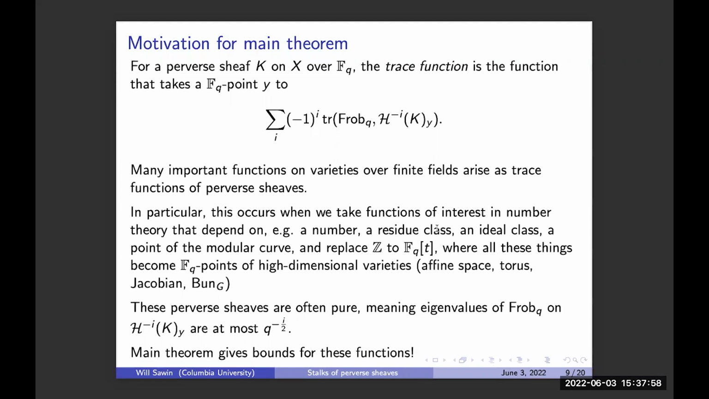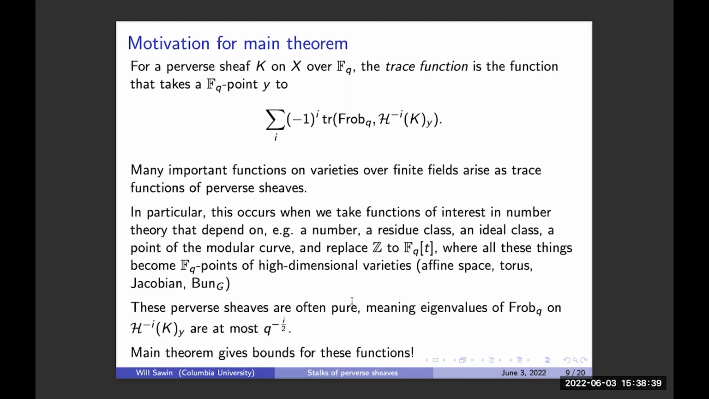The analog of ideal classes in number fields becomes line bundles in this function field setting and are parameterized by the Jacobian. And the analog of the modular curve is often the moduli space of G bundles. And so it's a remarkable fact that a lot of the functions of most interest in number theory are not just arbitrary functions on these points of varieties over finite fields when you consider their analogs in this geometric setting. They are in fact trace functions of perverse sheaves. And that means you could hope to use theorems about perverse sheaves to study these functions. So in particular,